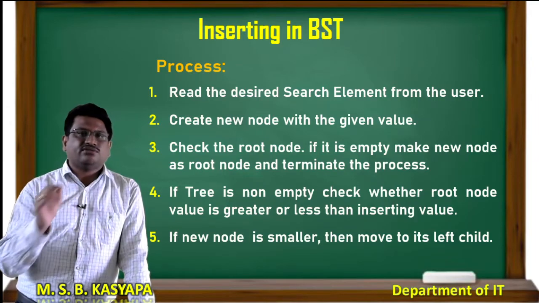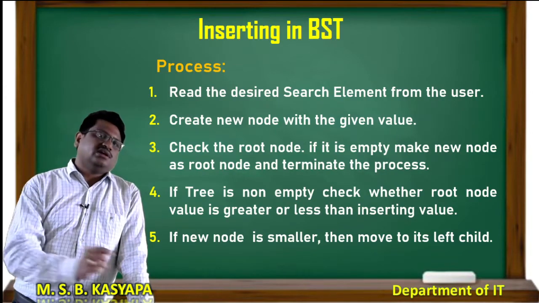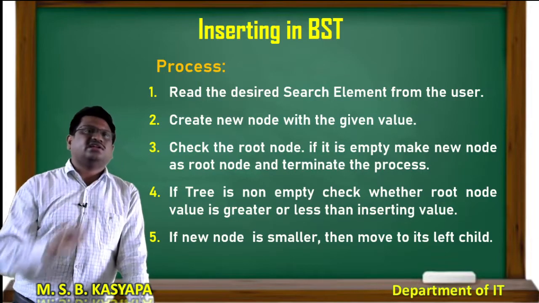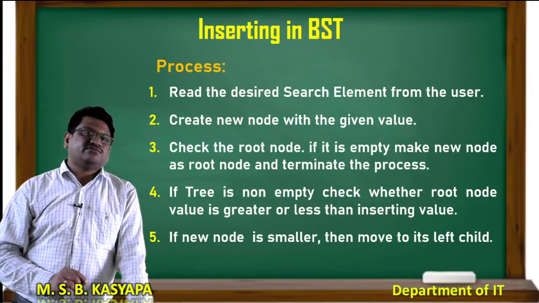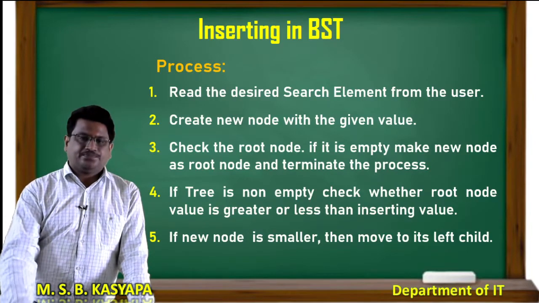In the searching process, I have to find a leaf node along one particular path according to my value, whether it is less or greater. If it is greater, I go to the right subtree. If it is lesser, I go to the left subtree. In that particular tree, I find the leaf node. After finding the leaf node, I compare with the insertion value, and according to that result, I insert it as a child. Okay.